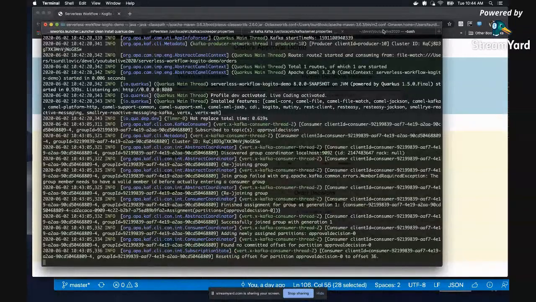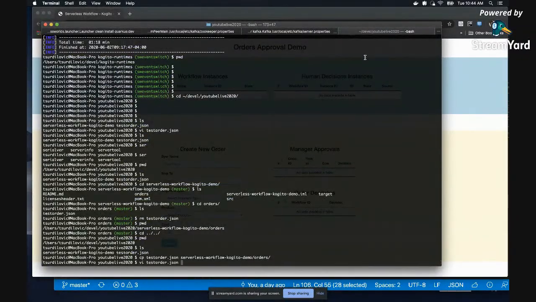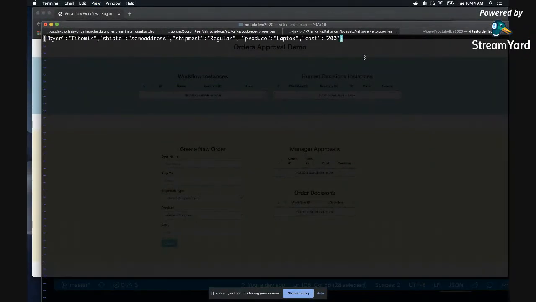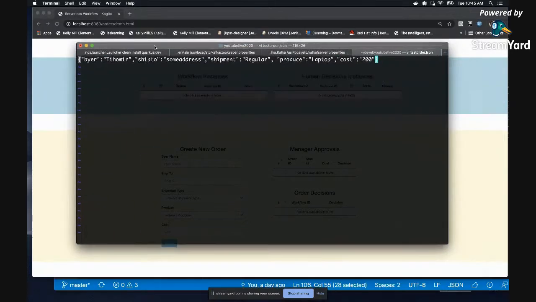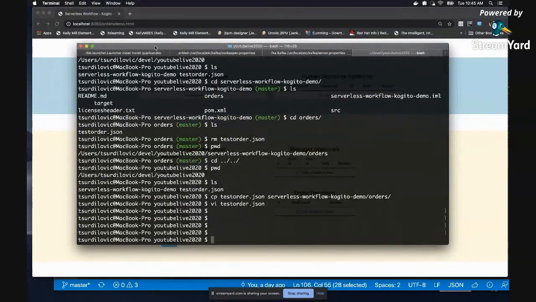So in this case, I have a test order here. Let's make it real big. So this is basically order JSON, which says, okay, I'm going to buy a laptop, and my cost is $200. So I'm going to copy this order to a directory that my integration solution is.